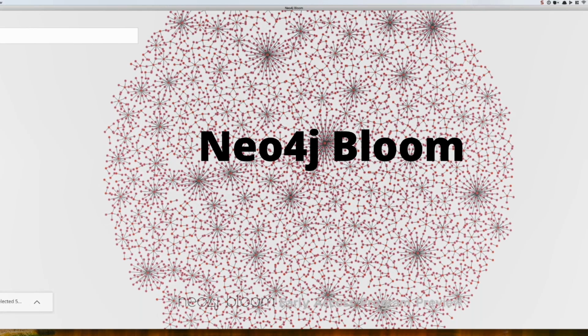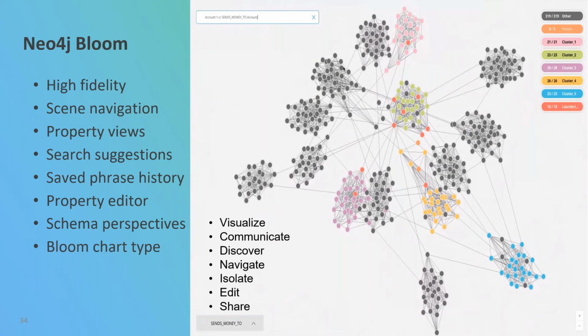And you can see, even from its animation here, this bloom effect is really what brought on its name, in addition to, of course, paying homage to early software development tools, like when Lotus came out with the spreadsheet, or Rational Rose came out with the first sets of software engineering and development tools. So Bloom itself is a very high fidelity graph navigation environment. It actually allows you to navigate different scenes, or as you're